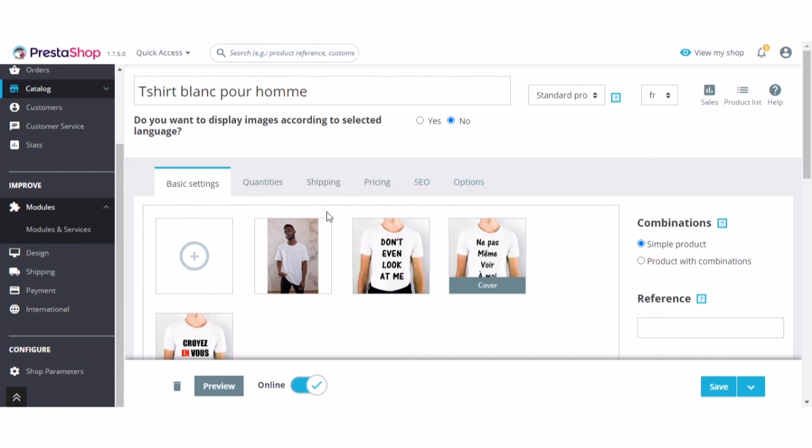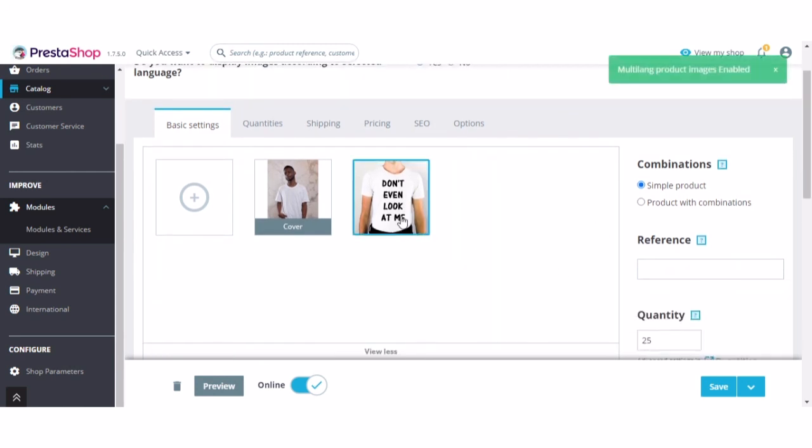Let's upload an image for the English language. Now, if admin enables this field, then he won't find the image that he uploaded for the English language.